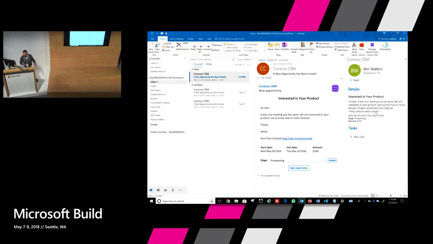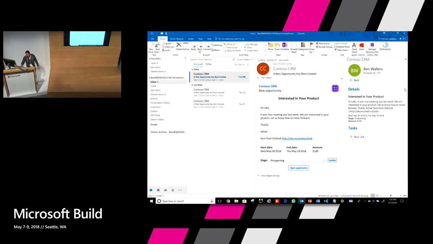I click login, and there you go. It took me straight to the opportunity, and then Ben can work on this opportunity right from here. Ben can add tasks, and he can send updates that he is done with this opportunity, which will send a notification back to Lydia. So this is showing how, using the power of actionable messages, add-ins, and the Graph API, you can build end-to-end experiences and help simplify the daily workflows for your end users.